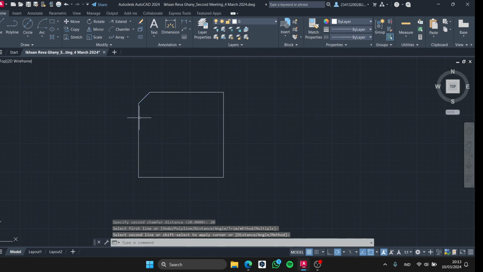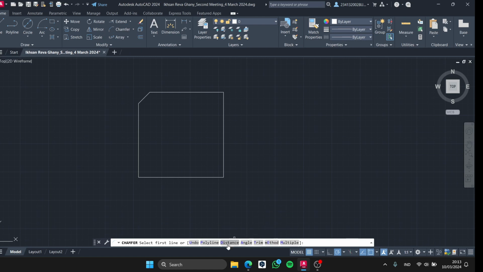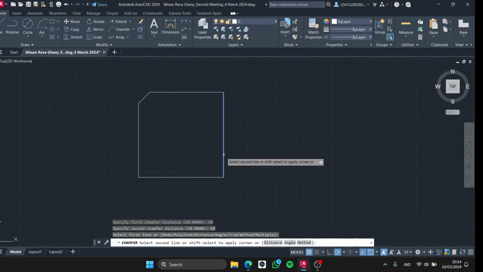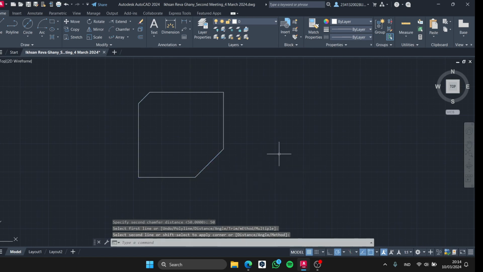Okay, like this. And I want to use chamfer again, distance, and I want to make maybe 50, enter, 50, enter, on this side and this side, like this. Okay,